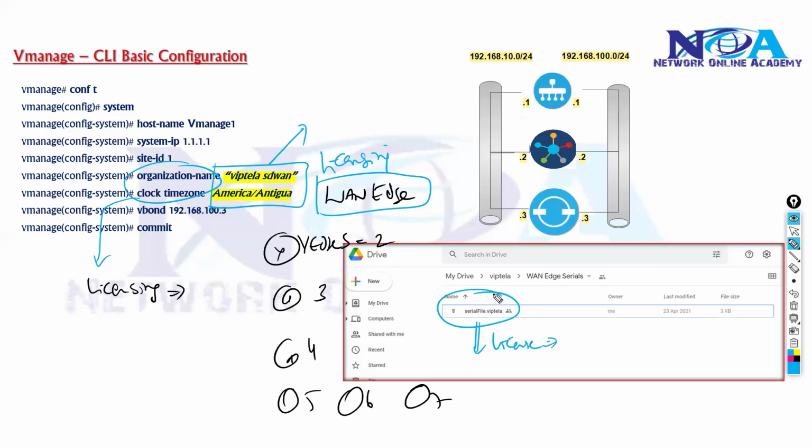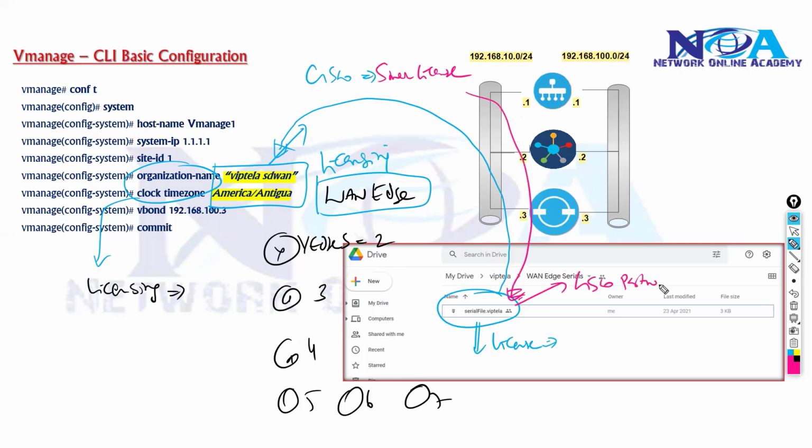Now this is a licensing file, and this licensing file will be completely depending upon what organization name you are using inside the license registrations with the Cisco website. Now again, with the Cisco website, you need to do some kind of Cisco Smart licensing, from where you can download this Viptela file if you have a Cisco partner login, or if you have specific Cisco account credentials, which can be used to do that. And that is something you generally do in the production networks. But whereas in our lab environment, we are not